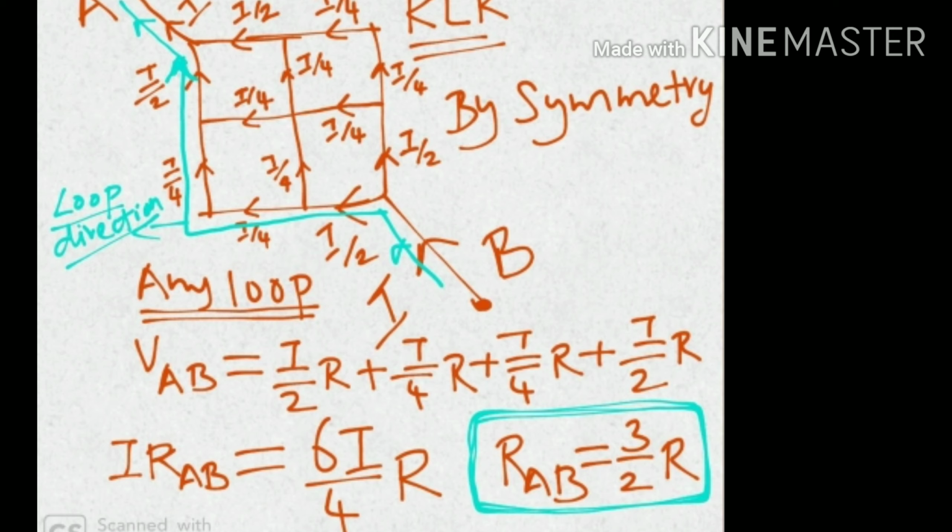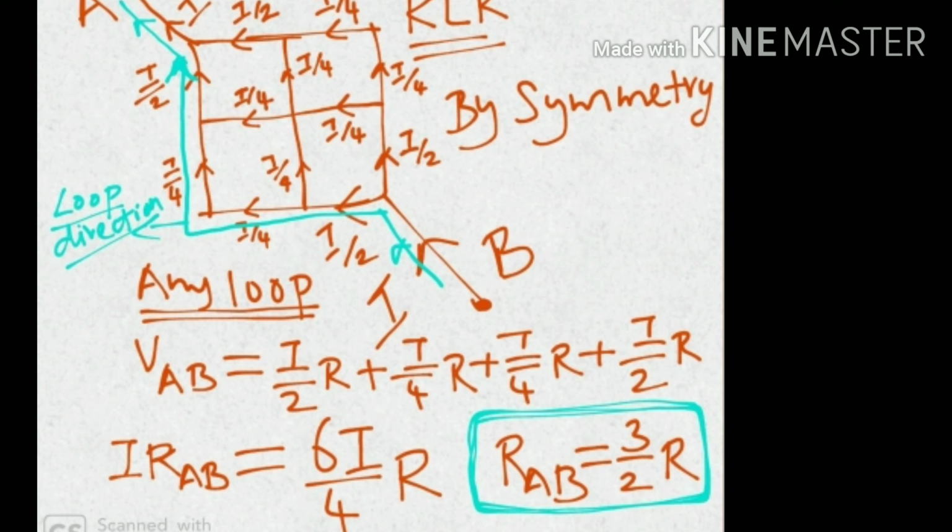Then further, I have drawn a blue color diagram that represents a loop. Any loop you can choose. I have chosen this blue color loop. Along the loop, from B, while entering into that region, the current becomes I by 2. There the resistance is R, so I by 2 into R. Again, it is moving towards another line where the current is I by 4. The resistance is R into I by 4. Again, it is turning back. So R into I by 4 plus R into I by 2, finally reaching the point A.